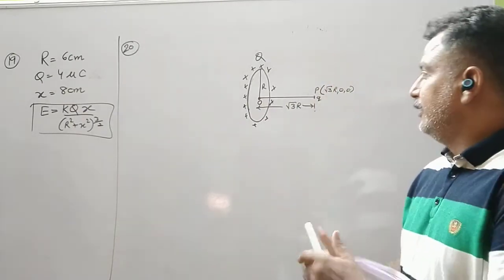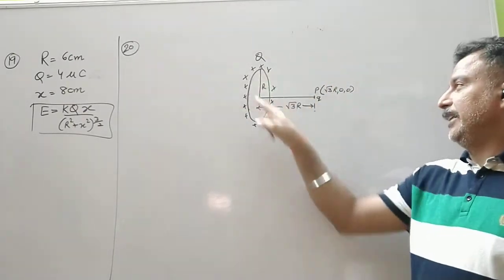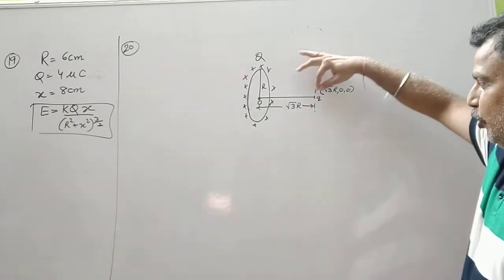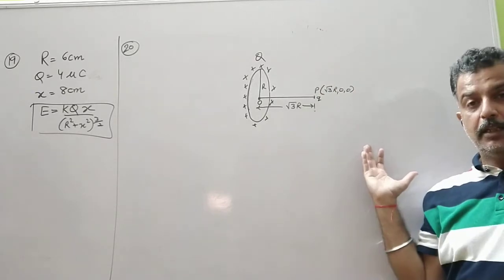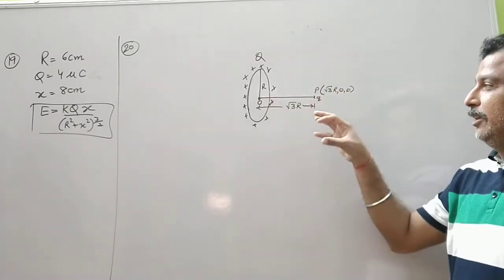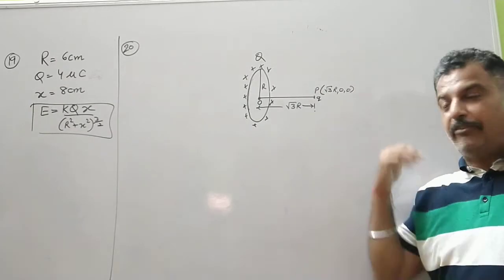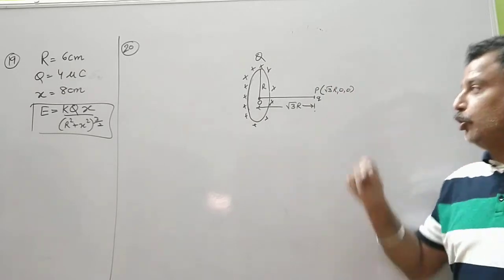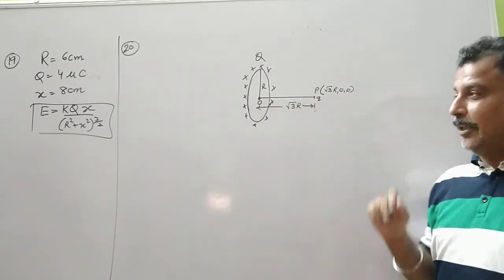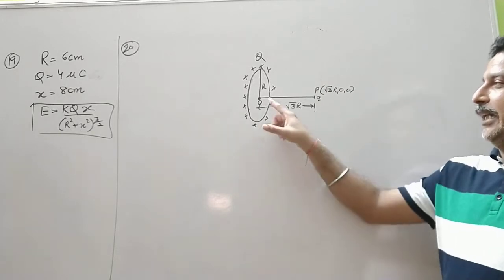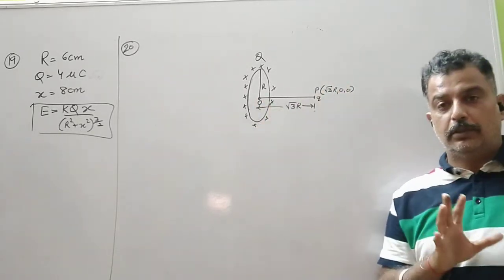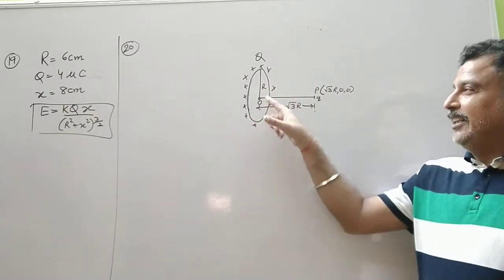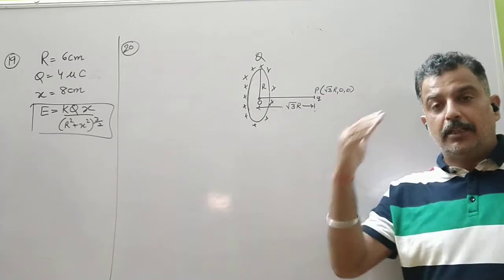So now see, the source is positive, the ring is positively charged, the particle which is projected is also positive. So if I place this positive charge at point P, it will be repelled away. So I have to project it with some energy. If I am projecting it with some energy, it has some kinetic energy, and due to position it should have a potential energy. Now in the previous theory we know that the electric field intensity at the center is 0.